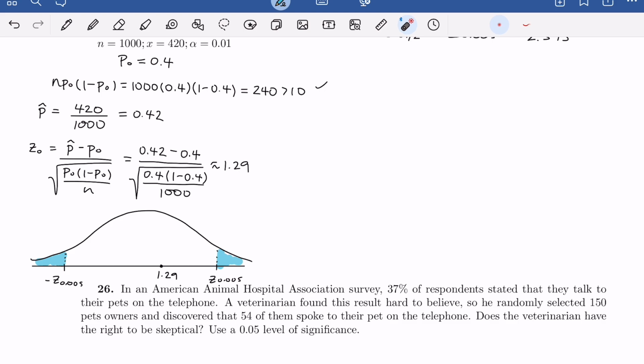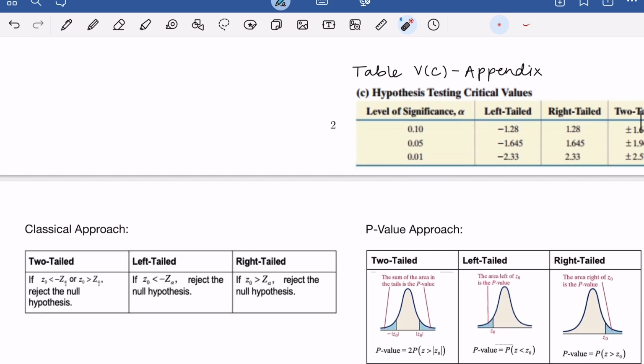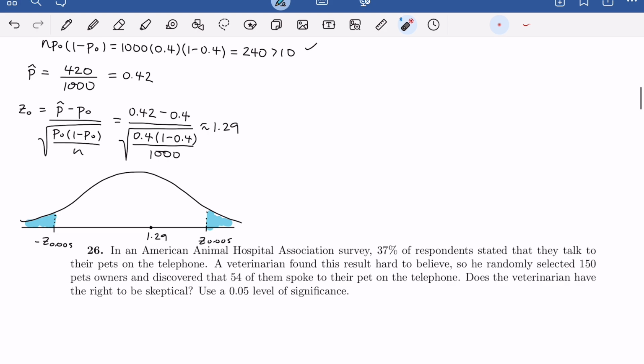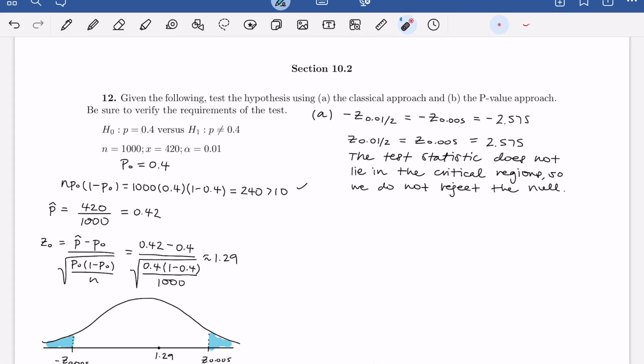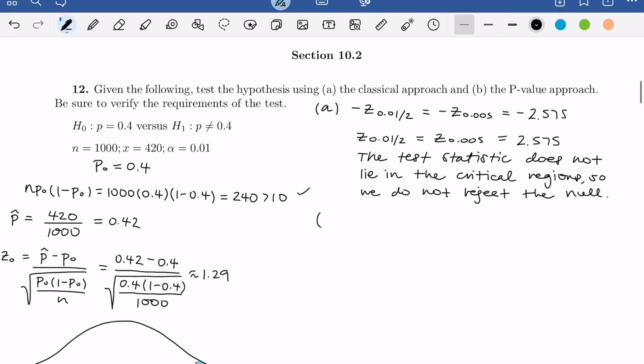Now, if the test statistic were to lie in either one of these critical regions, then we would reject the null hypothesis. And actually, I have this table posted here if we're looking at our classical approach. If our test statistic is less than the negative value of this, or greater than the positive critical value, then we would reject the null hypothesis. So pretty much just saying if this test statistic does lie in either one of these regions, then we would reject it. However, we know our test statistic is not inside of these regions here. So we, in this case, will not reject the null hypothesis. So I'll write a little blurb for that here. So we have our conclusion here for part A,